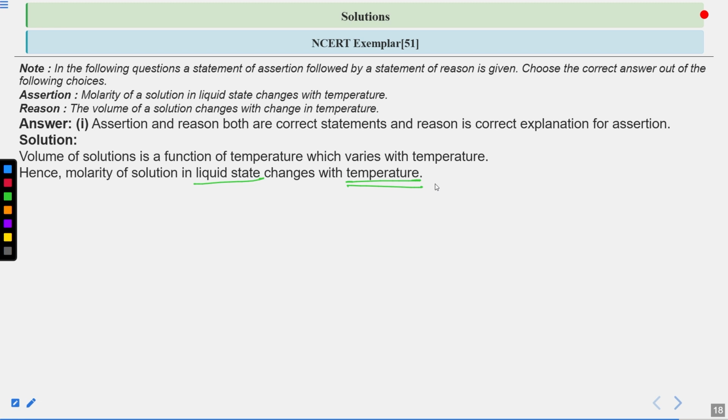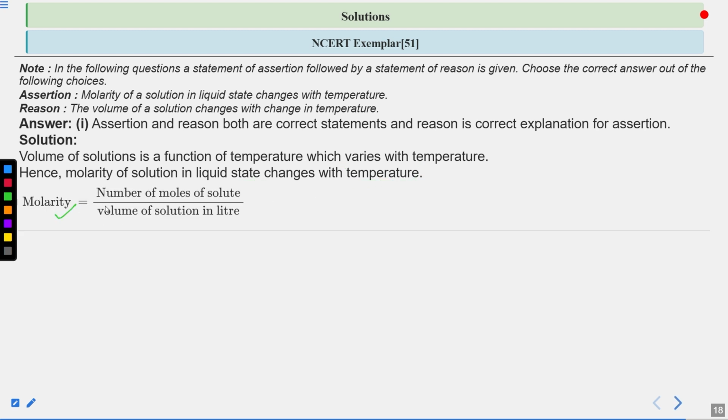So as you know, in the molarity, the volume term is coming in the denominator. And the volume of any solution is directly dependent, or you can say is a function of temperature, because it will change when the temperature changes. When you vary the temperature for a particular solution, its volume will change, either increase or decrease. So as the molarity also contains the volume in its expression, the molarity of a solution in the liquid state will also change with temperature,